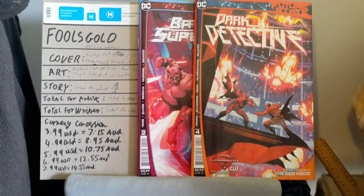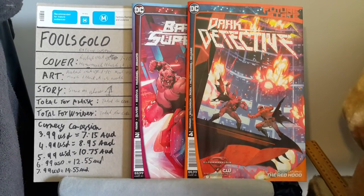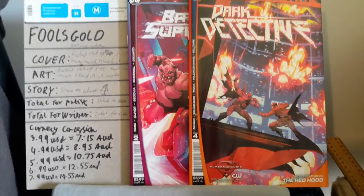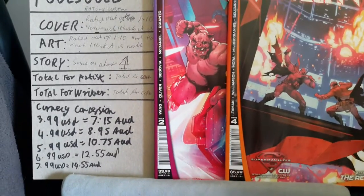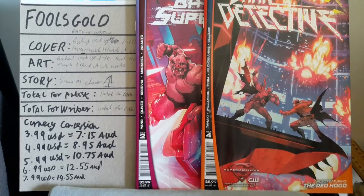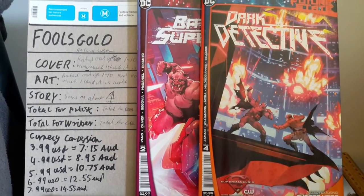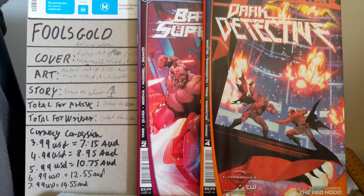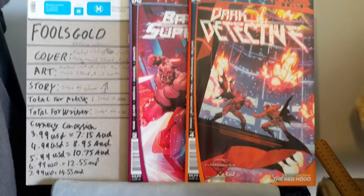And as you can see on the left hand side, this is how I rate my system. I rate the cover, the art and the story. And this is how much I've paid for each of them in regards to the currency conversion. As you can see, one is $3.99 and the other one is $5.99. The $3.99 one being $7.15 Australian, and I'll also point out how much I believe that story is worth, as well as the $5.99, which is $10.75 Australian. So to get started,